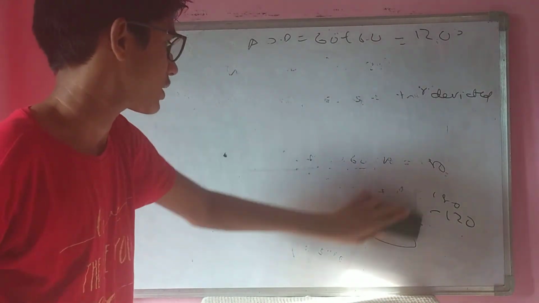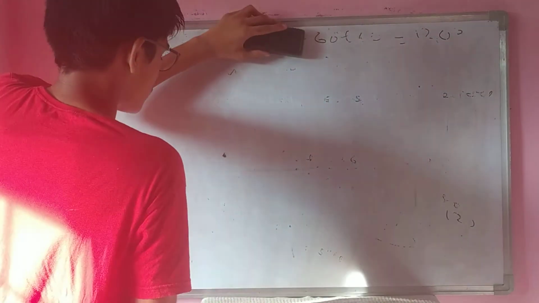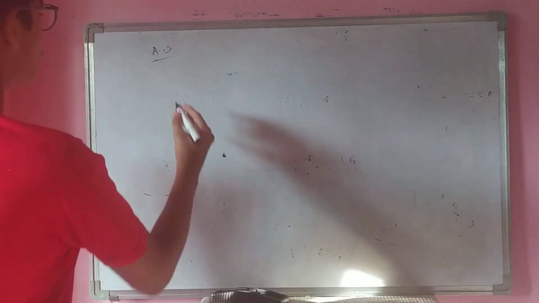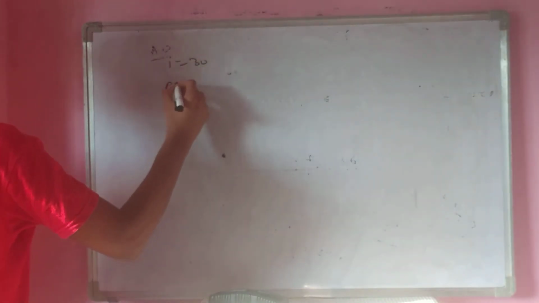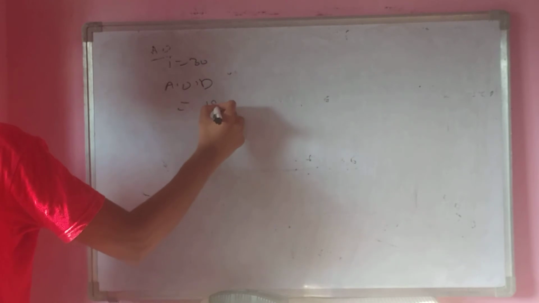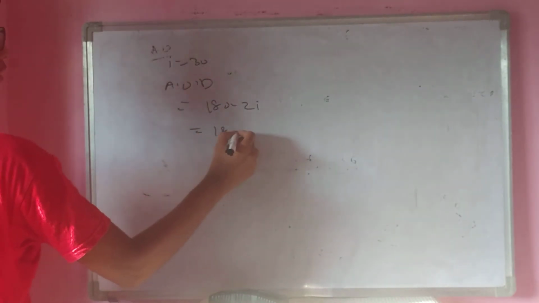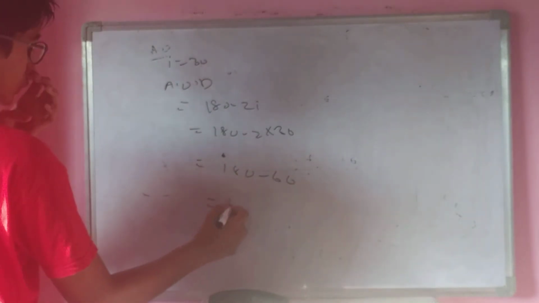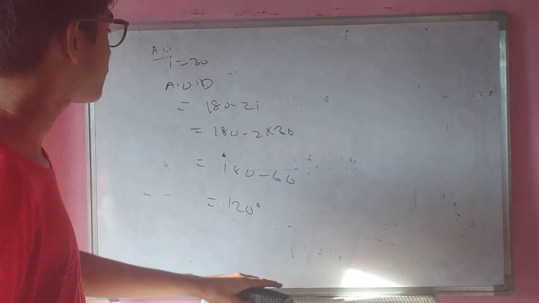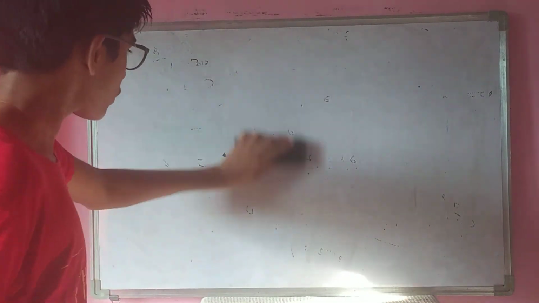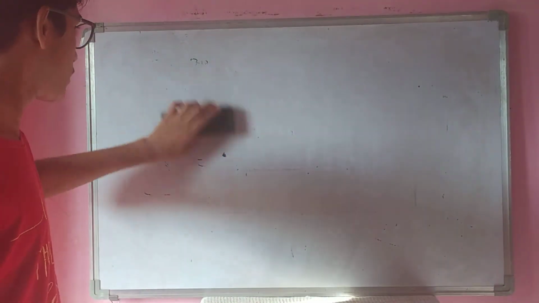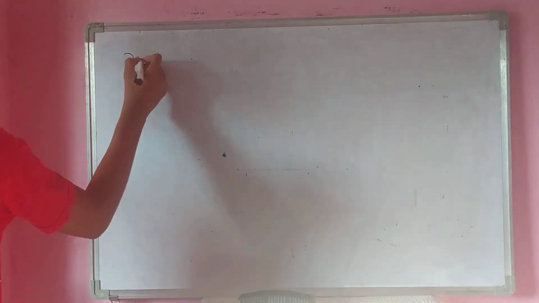Let's take another example. By the formula also we will get that answer only. If you want, with i equal to 30, the angle of deviation formula is 180 minus 2i. So 180 minus 2 into 30, which is 60. 180 minus 60 equals 120. Same. If you remember that formula, you can do it by formula. Otherwise you can go on with the conceptual theory which I had said. Okay.